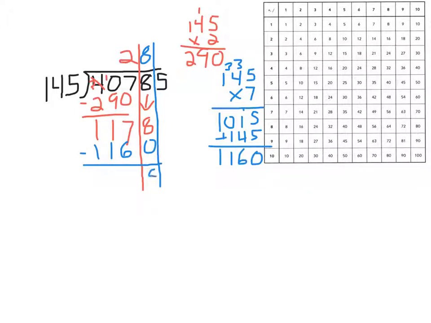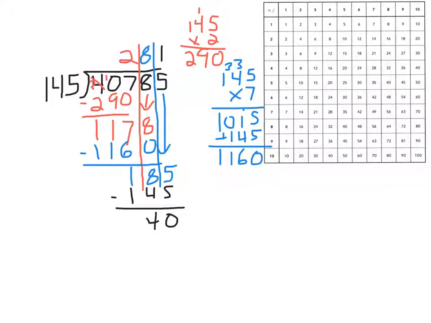So 8 minus nothing is 8. 7 minus 6 is 1. And those other 2 ones minus those other 2 ones gives us nothing. So that means all I've got left to do is bring down this 5. And see how many times the 145 might go into 185. Well, it's looking like it's only going to go 1 time. So if I put a 1 up there, I get 145. And when I subtract,